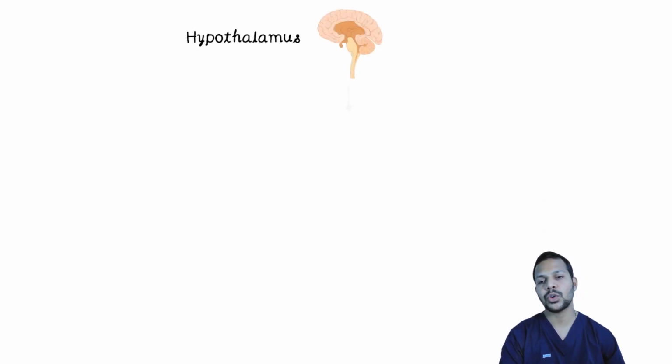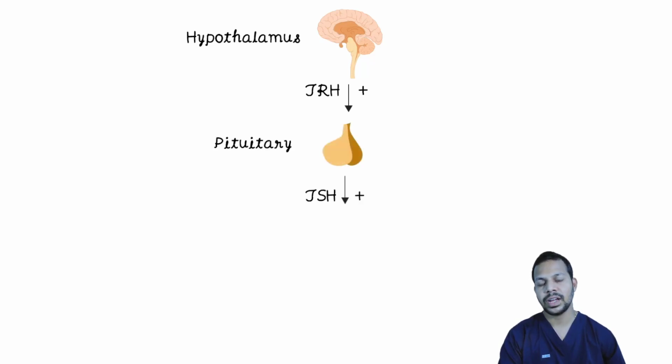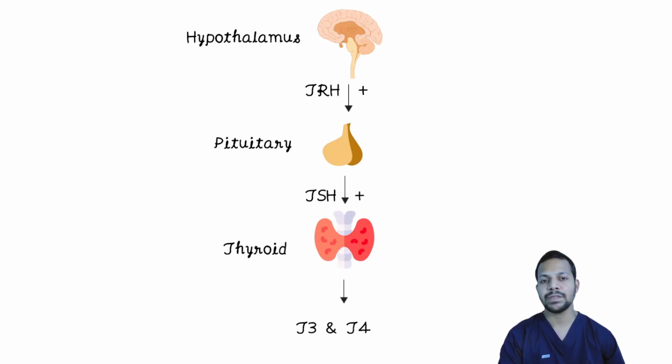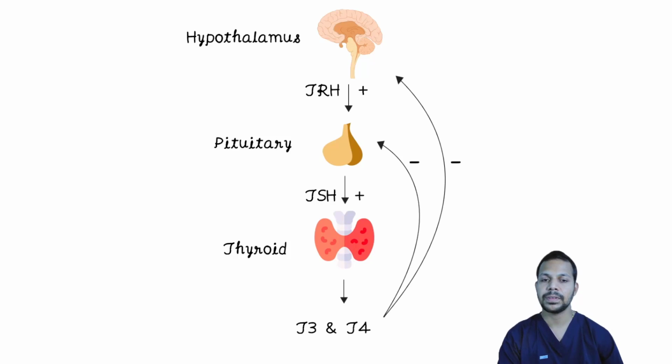Let's look at the hypothalamo-pituitary thyroid axis for once. The hypothalamus produces thyrotropin releasing hormone, and under its influence, the pituitary gland produces thyroid stimulating hormone. And under its influence, the thyroid gland produces T3 and T4. This constitutes the trophic pathway, and this T3 and T4 will have inhibitory action on the pituitary as well as the hypothalamus. That constitutes the negative feedback pathway. This you have to keep in mind while we understand the investigations and how we proceed with them.